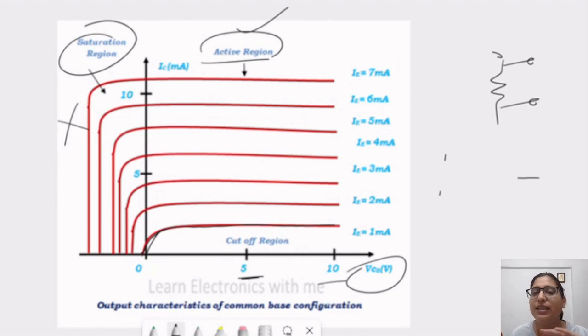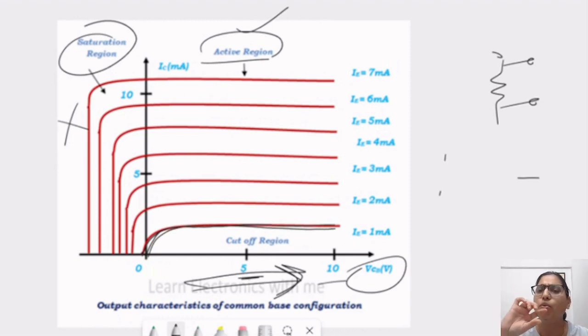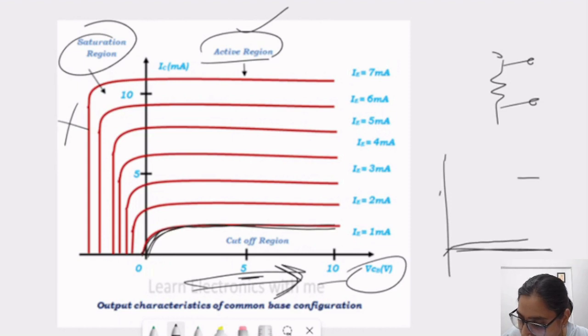Okay, so the collector current is directly ruled by the emitter current. Why so? Because if we increase this reverse voltage, nothing happens to the graph. Maybe it will increase, but very little. This graph will increase somehow, like that steady line, but not beyond that. So it is increasing in a particular linear manner, and it is a little bit independent of VCB. We are increasing the reverse bias, but it is not affecting the collector current.